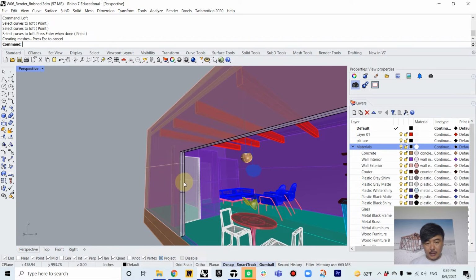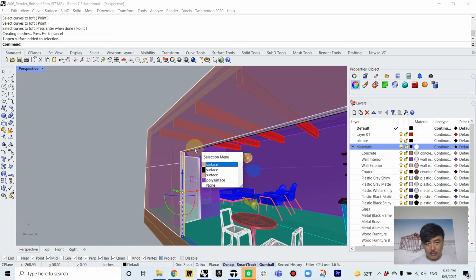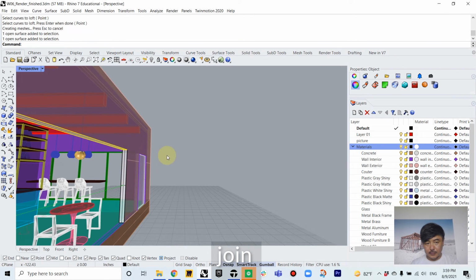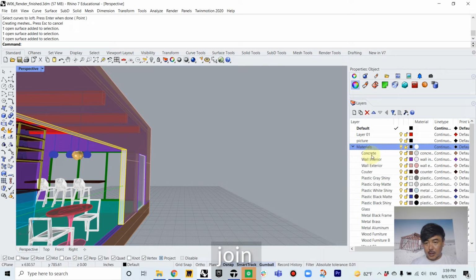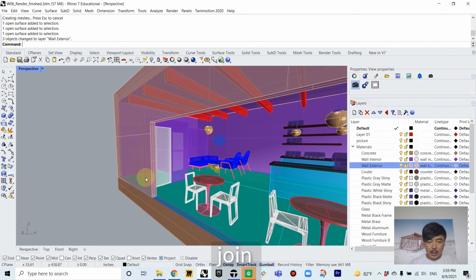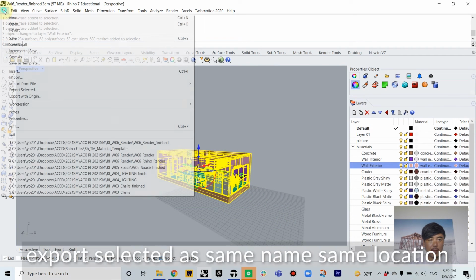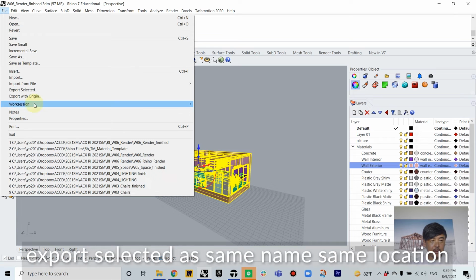Okay. And then these should be in the exterior wall layer. Wall exterior layer. Okay. And then I am going to select everything and then file, export selected,